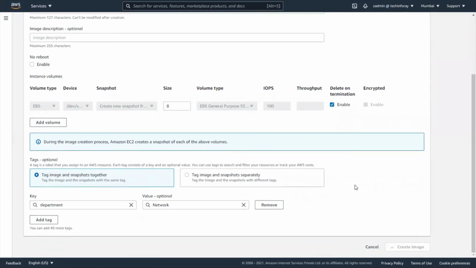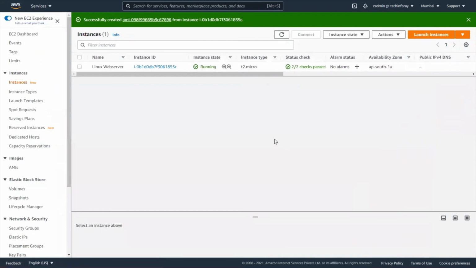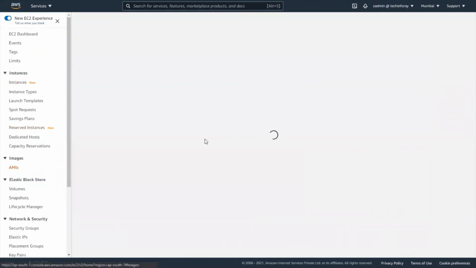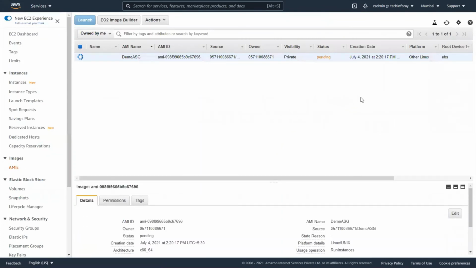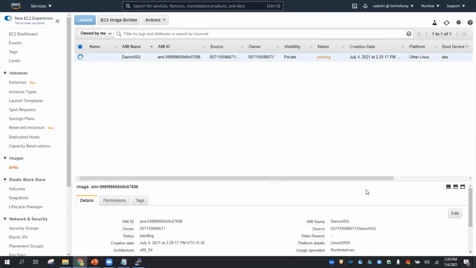Okay, create image. If we go to AMIs, it is pending. It will get created quickly. Okay, our AMI is ready. Let's move to the next step.